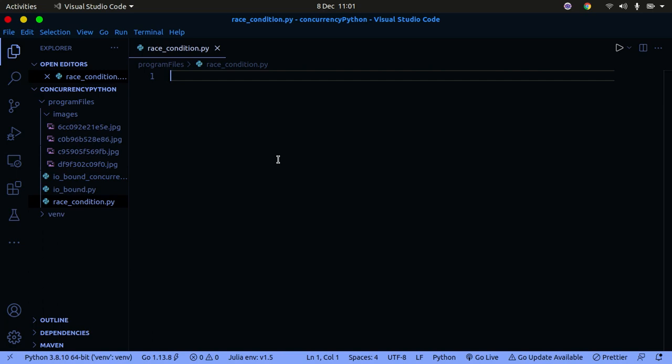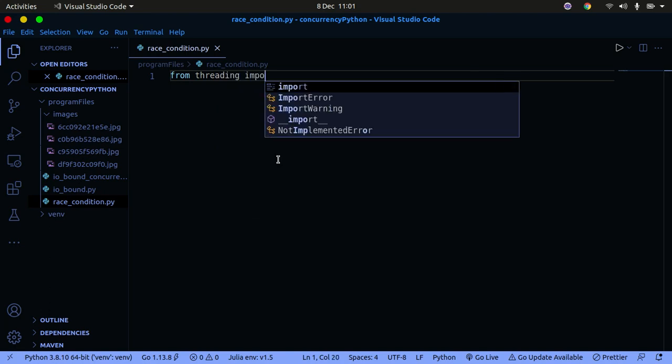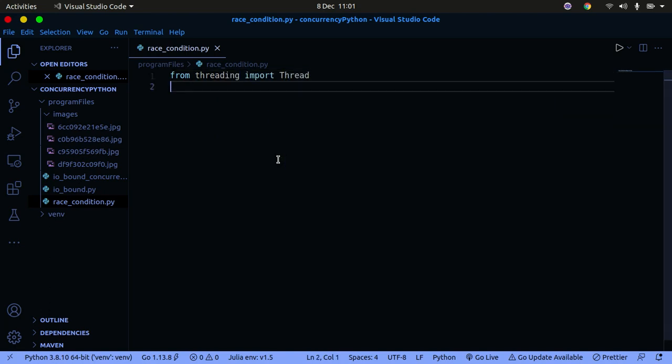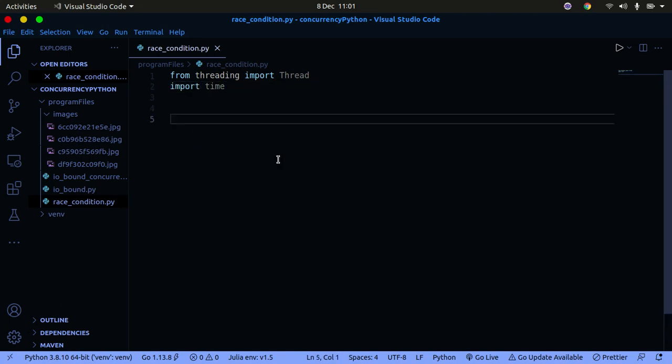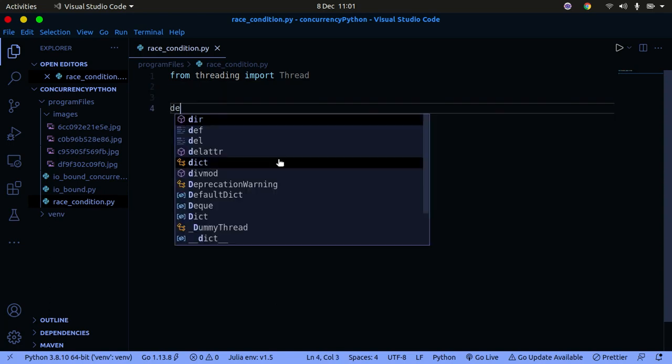So I'm going to import this. I'm going to say from threading import Thread, just like that. I'm going to say import time as well. We don't really need that, so let me just leave it, and I'm going to create a function, def